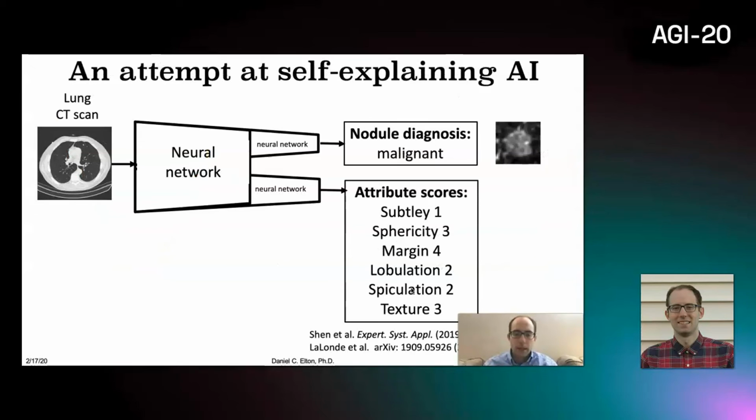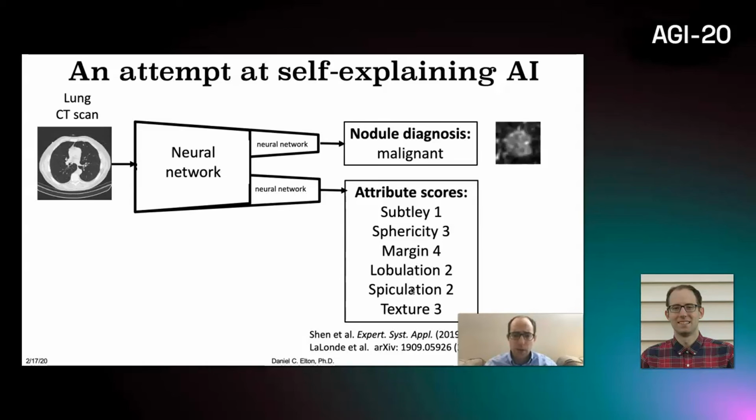So in light of this and the difficulties with conventional explanation, I explored the idea of using self-explanation, meaning having the AI actually provide an explanation. And if the AI can provide an explanation in some human understandable format, that could go a long way to increasing our trust that the AI is going to function correctly. So this is a simple attempt at self-explaining AI,